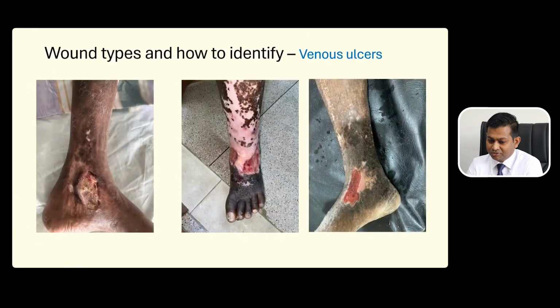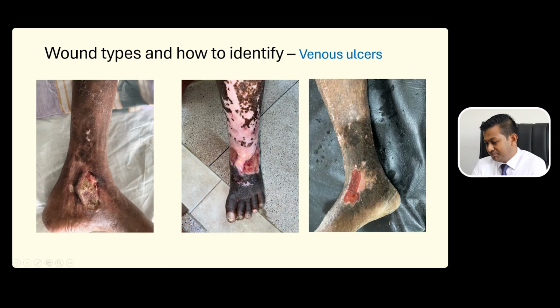Okay, that's all for the arterial. So let's move on to the venous, one of the common wounds we see in day-to-day practice. And patients live with them for years and years and years. Sometimes, as we all know, patients earn from them. That's another thing. But we'll focus on healing them, not keeping them, right? So venous ulcers, as we know, over the medial malleolus or the lateral malleolus, as in this middle one, you can see extensive ulcers with skin changes, this whitish skin, and the pigmentation is gone with blackish discoloration over here,